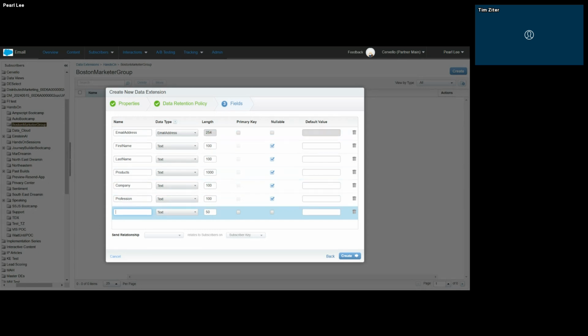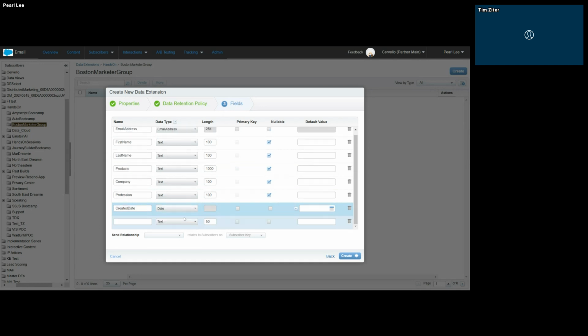You mean here, right? Yep. Perfect. And then we're going to select date on that drop down. There we go. Perfect. And then there's a little arrow to the left of that. You see that little box right there? If you click on that, perfect. And then we can make that nullable as well. It'll automatically get populated, but we'll just set that.